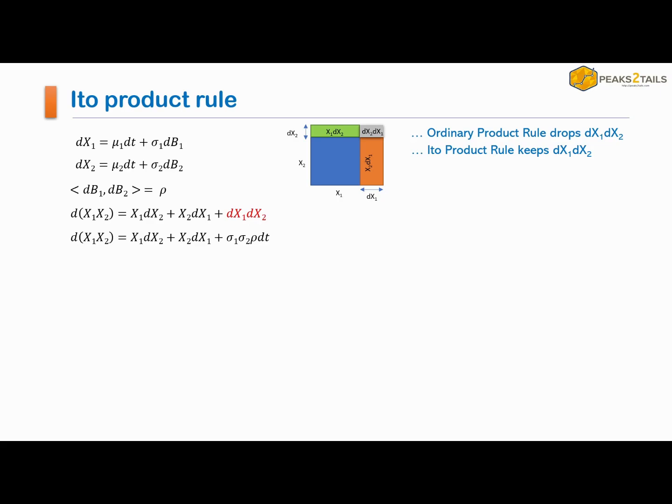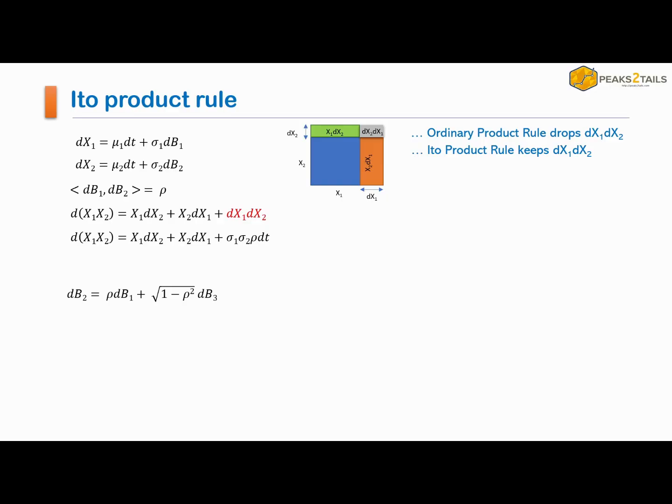All right, so let's see how that term is coming up. Now dB1 and dB2 are nothing but two normal distributions, and they are correlated. So we can write dB2 in terms of dB1 using this decomposition. If you are familiar with Cholesky decomposition, this is precisely what it is. So we write dB2